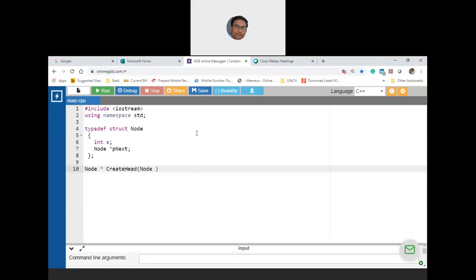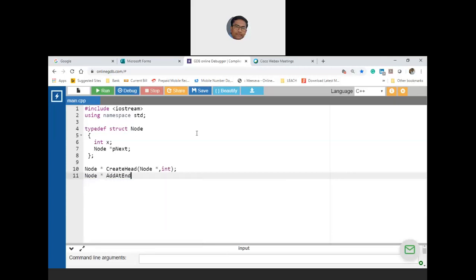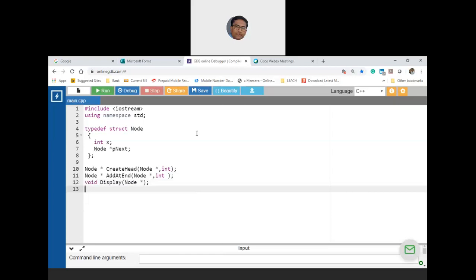So node star create head: you get a node star, probably pointing to null, and then create a head with a specific value. Then node star add at end: to whom I have to add is the node star, and what I have to add is my second argument. Then void display the list. I don't need a count, because similar to a null terminator, the last node points to null.